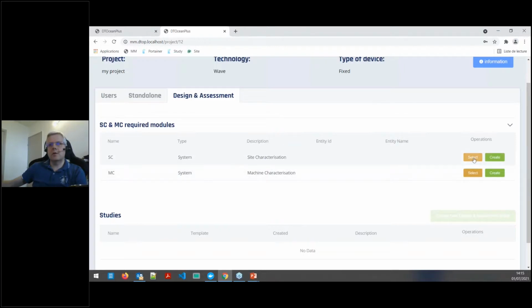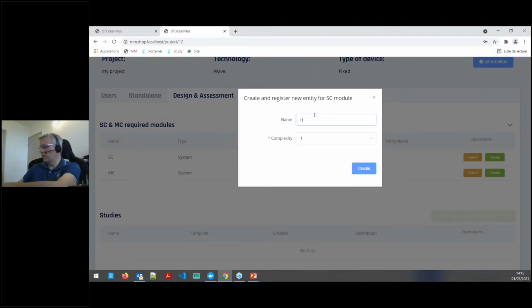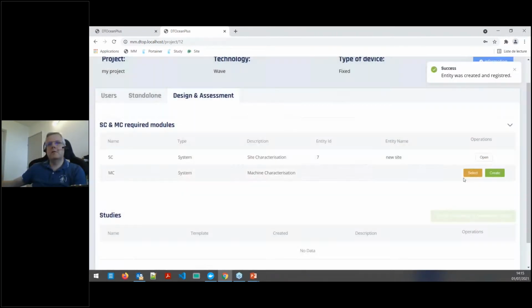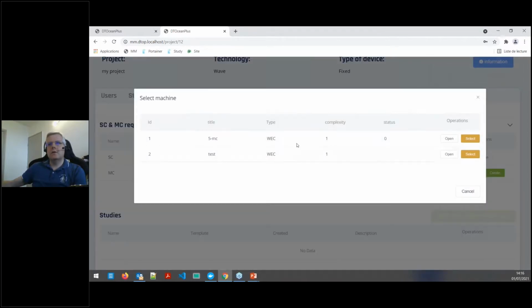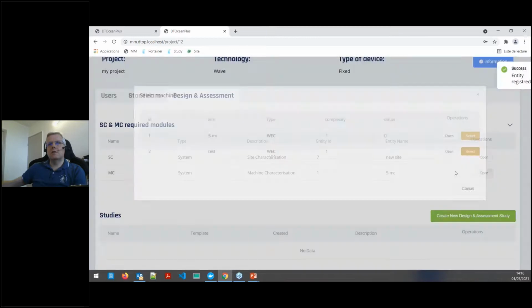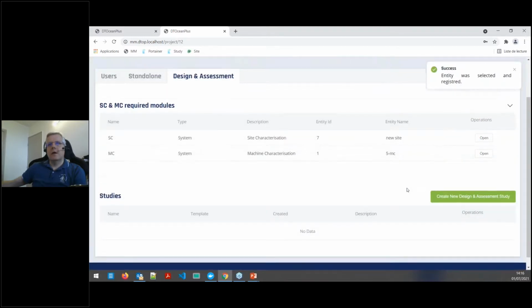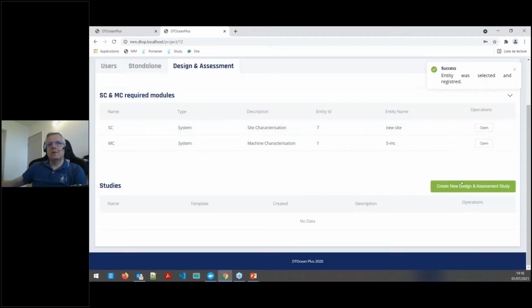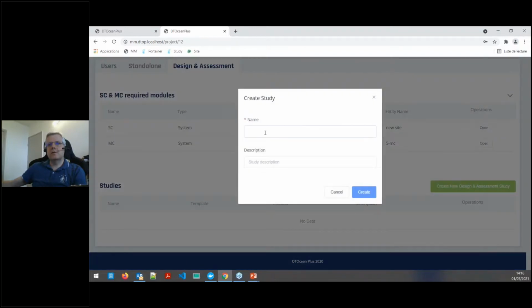For example, for site I will create a new site, and we will see later with Yuen or Nicola how it works. And for machine, I can select an existing one, for example. And once I have done this, I can now create a study for design and assess.